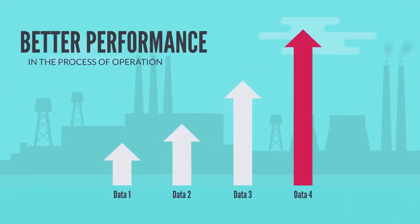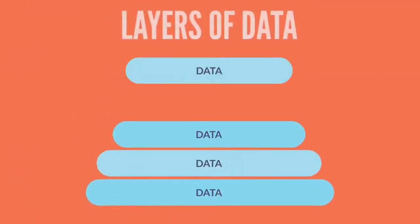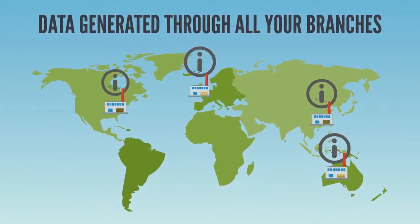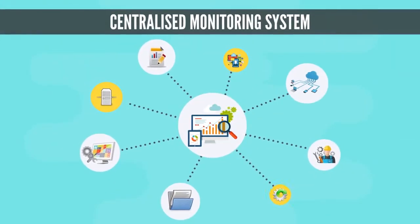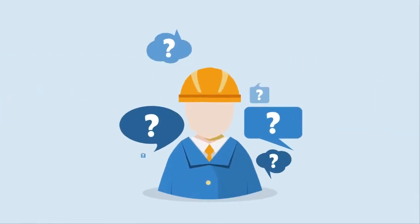However, achieving better performance in operation is challenging due to the unprecedented layers of data and information generated through all the different locations based on different parameters and quality standards. And not having a centralized monitoring system can make it even harder to identify the true status of production and